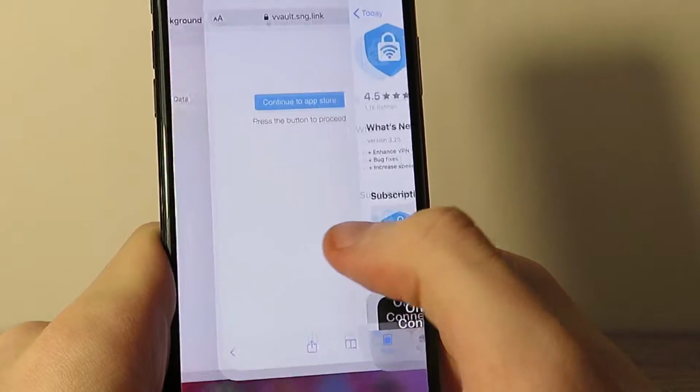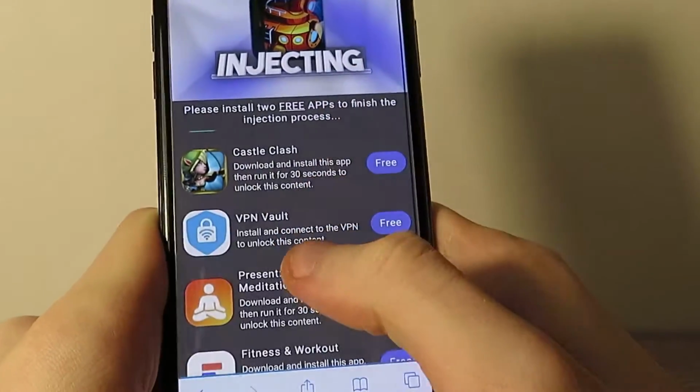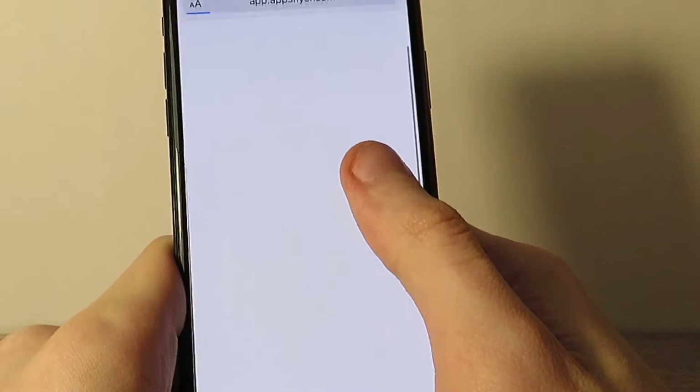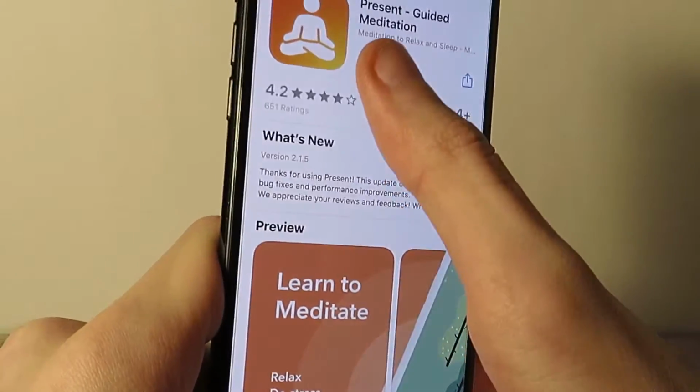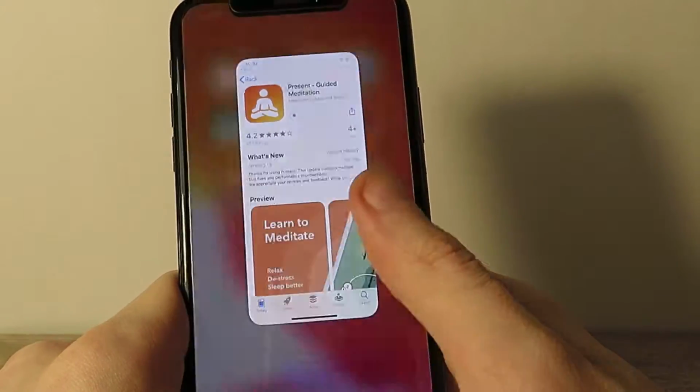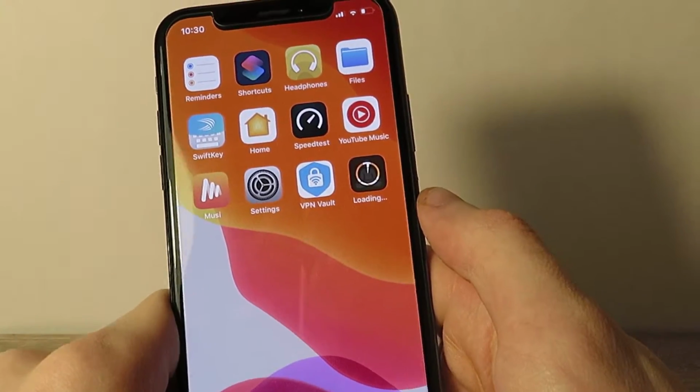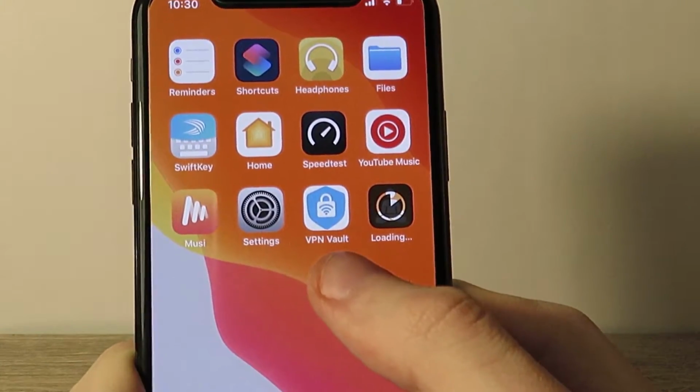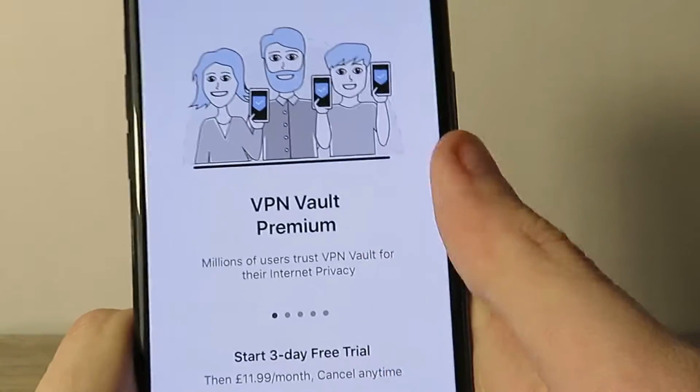Now go back and download the second one. There we go, now that one's downloading. And then you just go to your home screen and wait for them to download. As you can see, this one's already done downloading, so you just want to open it and run it for